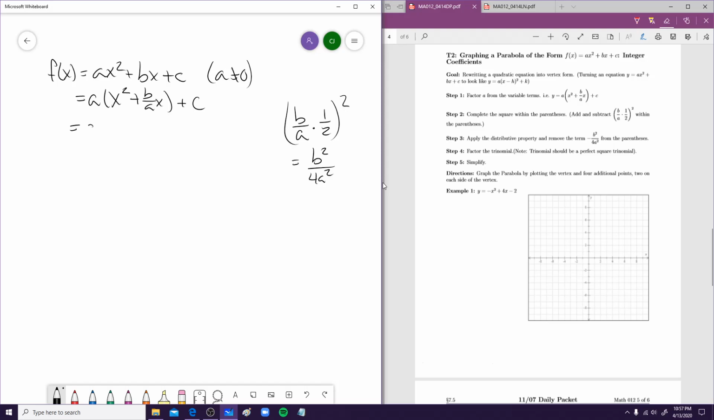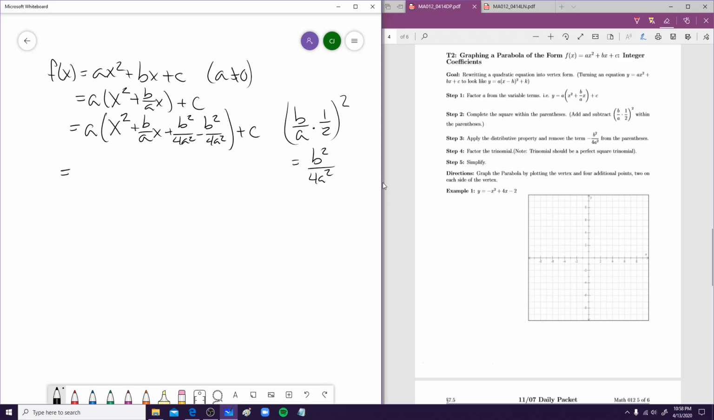So what am I going to do with this? I am going to add and subtract this value within my parentheses. I'm going to add 0 to our function. So this is adding b squared over 4a squared, and then subtracting b squared over 4a squared, and then plus c. Right? Now I want to complete the square, but I cannot do that until